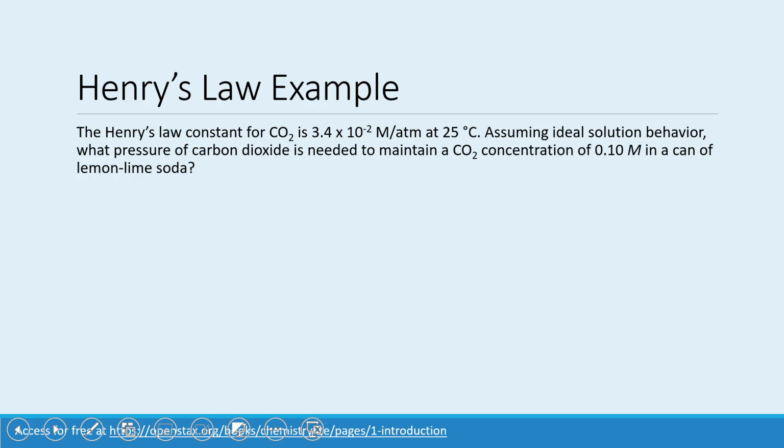Okay, so we're given Henry's law constant. Remember, that is going to be our K value. And we are also given the concentration, which is our solubility. And so it looks like the only thing that we must be solving for is the pressure, right? Pressure of carbon dioxide gas. So if we want to solve for P in this equation, we just need to divide by K on both sides. So our pressure is going to be equal to our